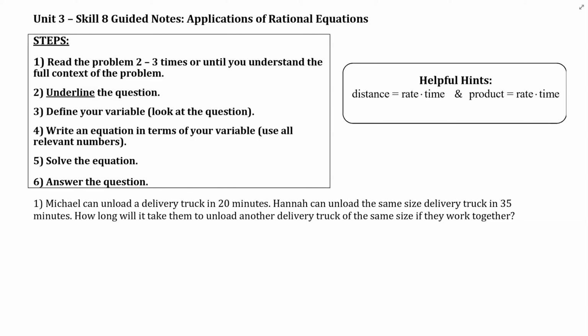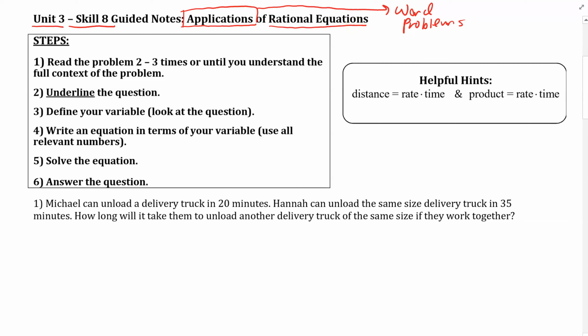Hello class, welcome to our video notes lesson on Skill 8 from Unit 3, which is on applications of rational equations. And whenever we are applying something, typically that means we're applying it to some sort of quote, real world context. So this can be equated with word problems. So this will be our section on word problems that involve a rational equation, something where the variable is in